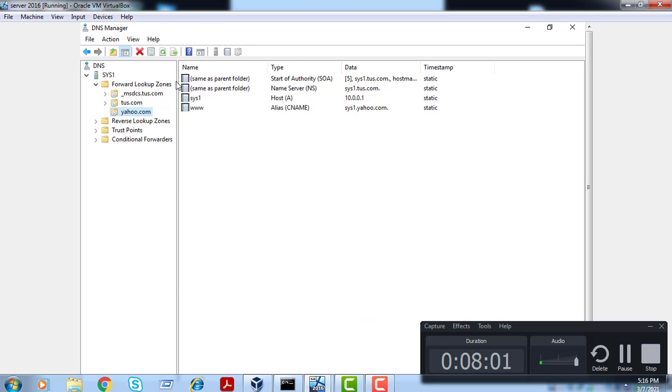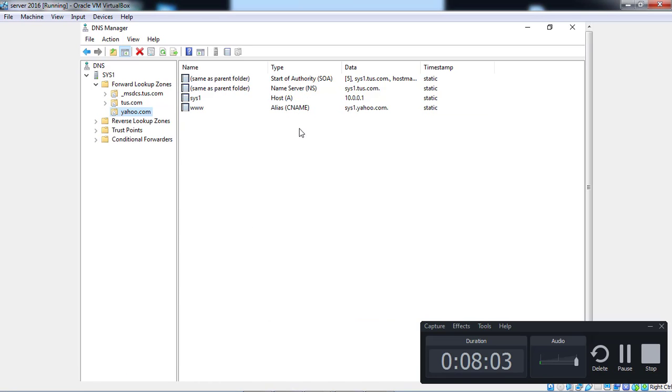Similarly here with canonical name and host. So by using this method you can transfer all the zone information by using the primary zone on the forward lookup zone on the main domain controller, and on our member server we have to configure the secondary zone.